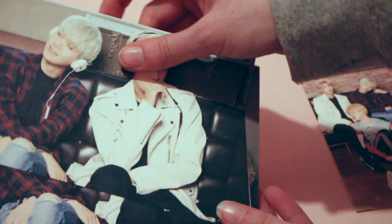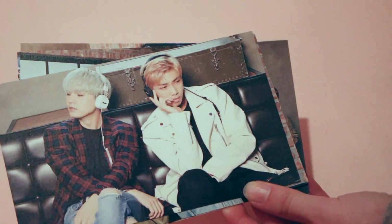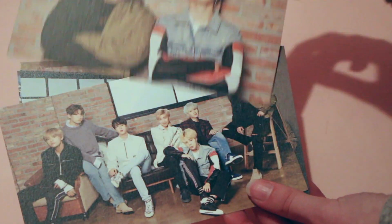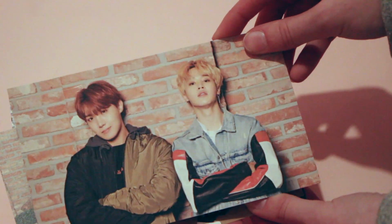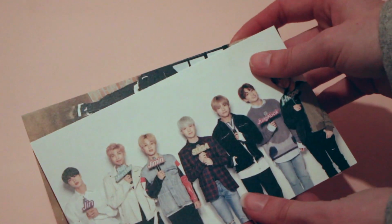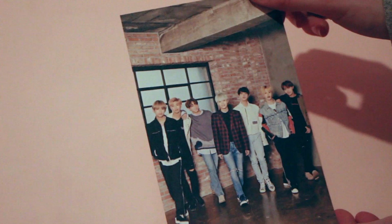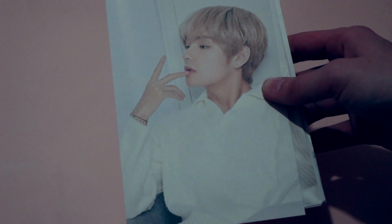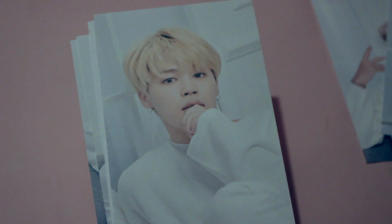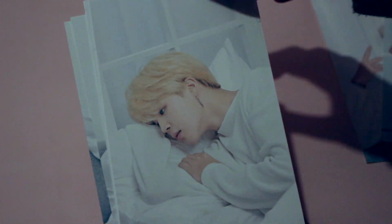So these ones are, I can't remember what each box is, but do you remember when the Sunshine Boys were such a ship? And like I said with this set, I already have Jungkook's put in my photo book. And I'm just waiting to get bigger sheets for these ones. And then the second pack of Muddy Heel cards. I'm really glad I picked up this set. I was in Korea and I just picked up 2 random sets. So I'm not entirely sure if they have special names for each set or what, but